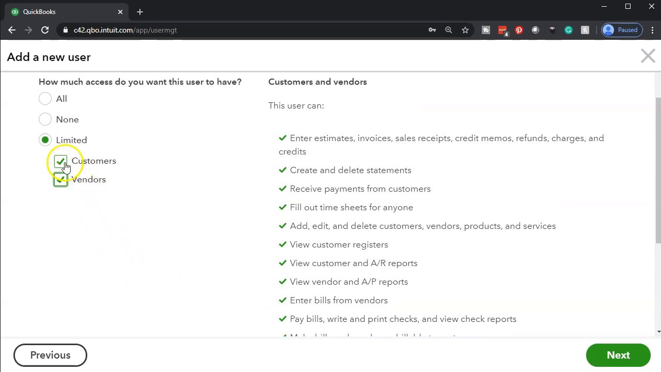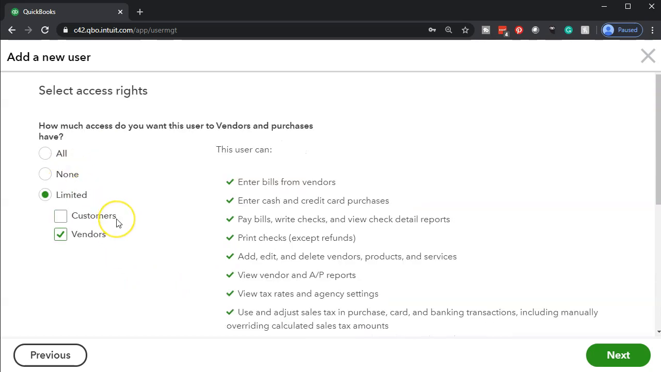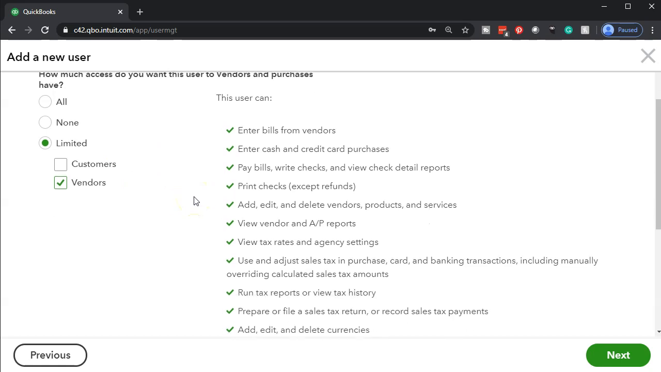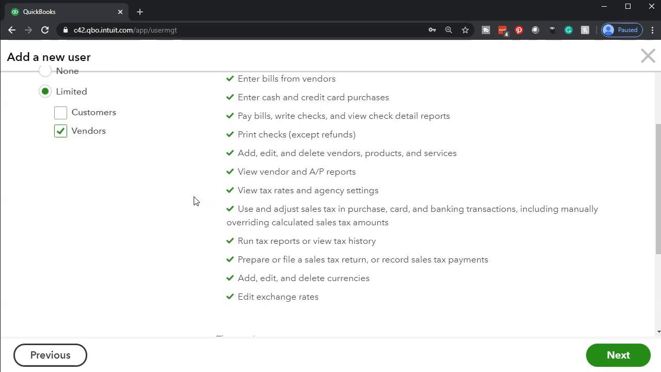If you just chose the vendor, which would be typically the case, one or the other, then they can do the vendor side of things, which would be to enter the bills from vendors, enter cash and credit card purchases, pay bills, write checks, and view check detailed reports, print checks, add, edit, and delete vendor products and services, view